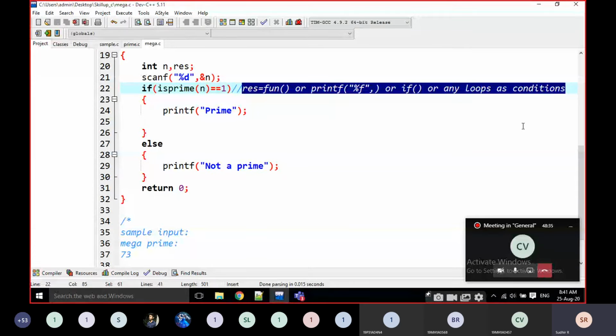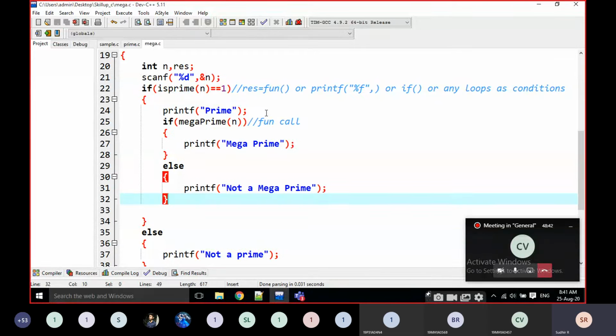Very important point. In the same way, here also I am going to write mega prime of n.